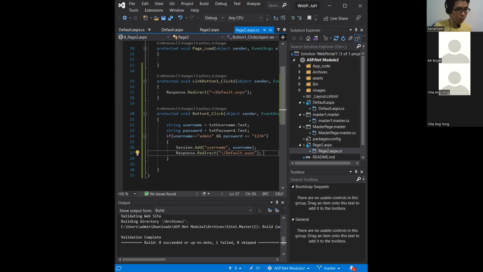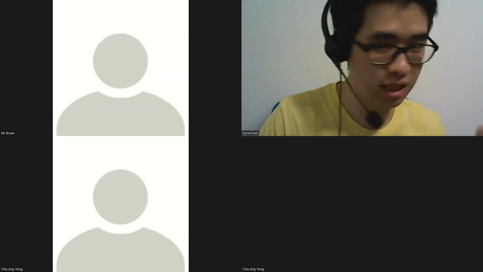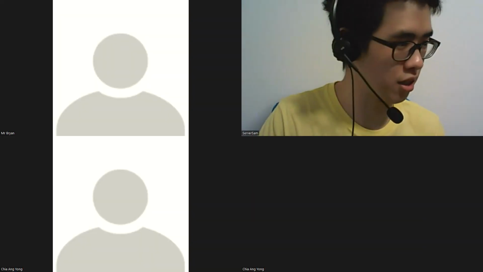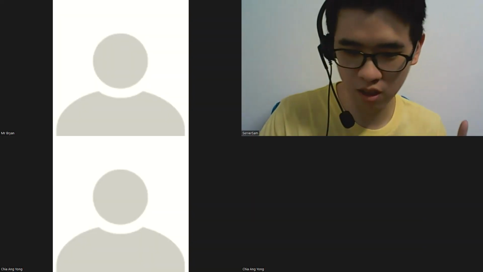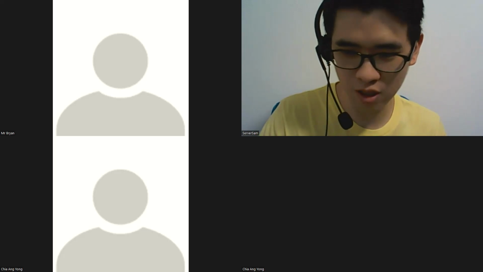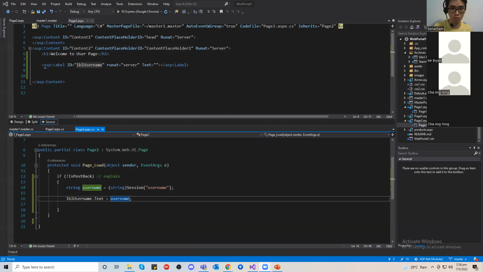Okay. Now I explain to you what is IsPostBack. This one is a bit complicated, so I try to explain simpler. Okay, IsPostBack is a way for us to prevent postback errors. What are postback errors? Whenever you fire a button, a link button, anything that has to do with a click,